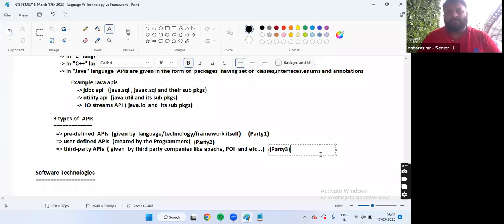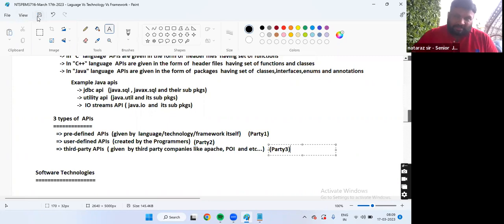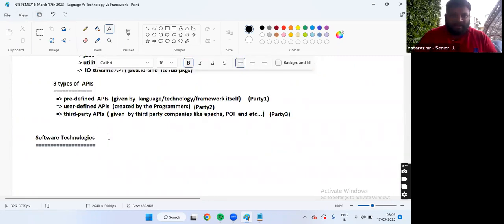In the issue of Kashmir, party one is India, party two is Pakistan. If China or USA try to interfere to resolve the problem, we say that is third party intervention, right? Everyone understanding my statement, guys?